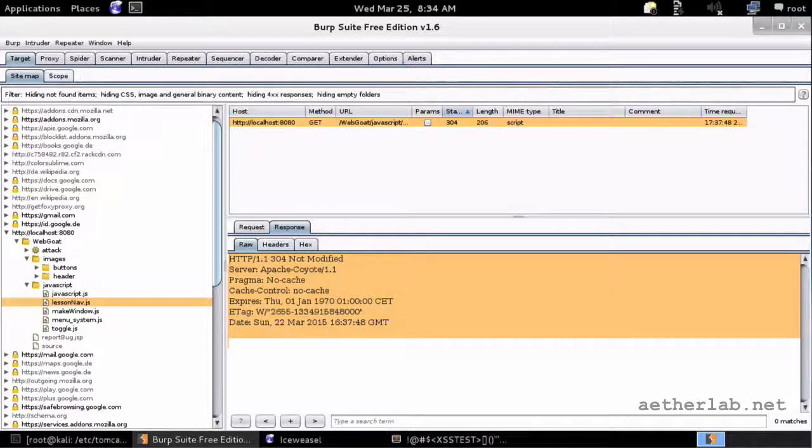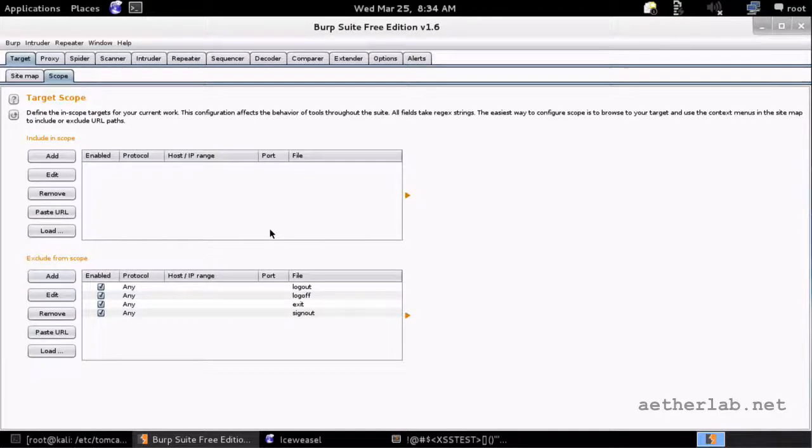Another important point is the scope. There's this other tab here called scope. Here you can define your test scope. If you're doing real penetration testing, then you have permission to test a very well-defined scope. Everything else should not be tested, because that would be illegal, because you only have permission for your scope. So you can come here and define your scope to make sure that you don't accidentally test other websites, or that any of the automated tools are not testing